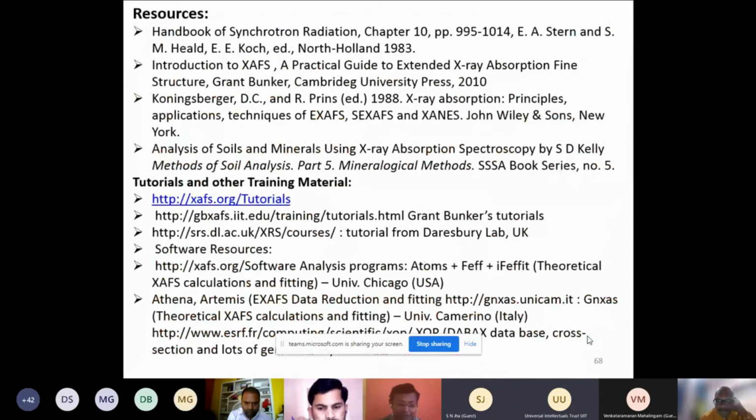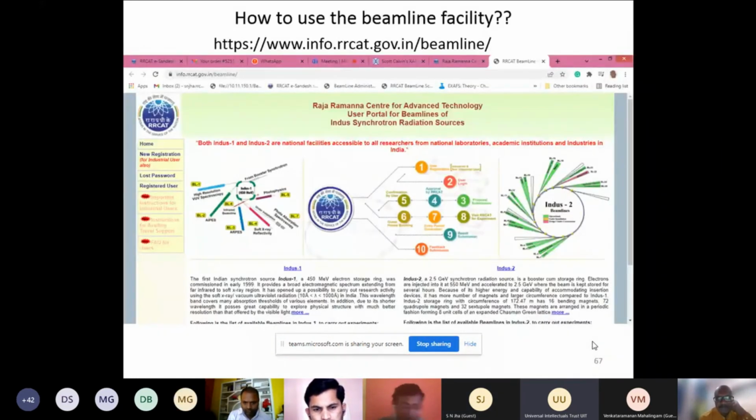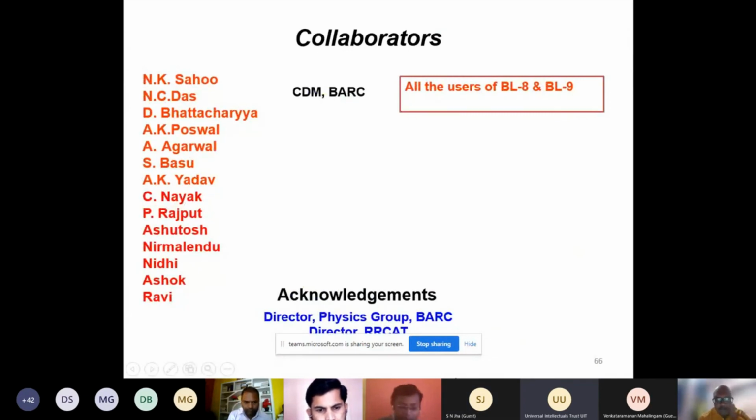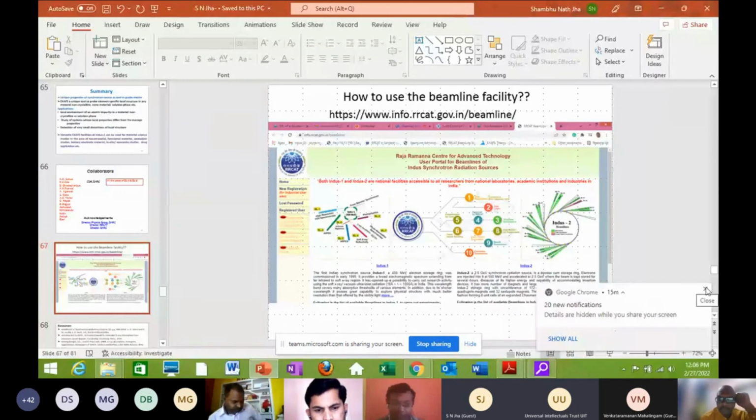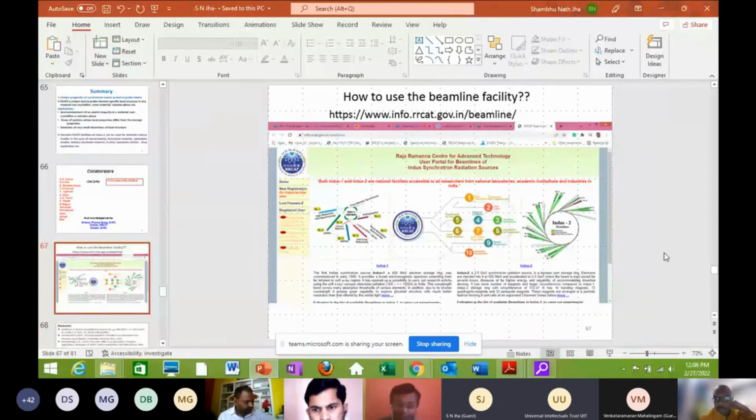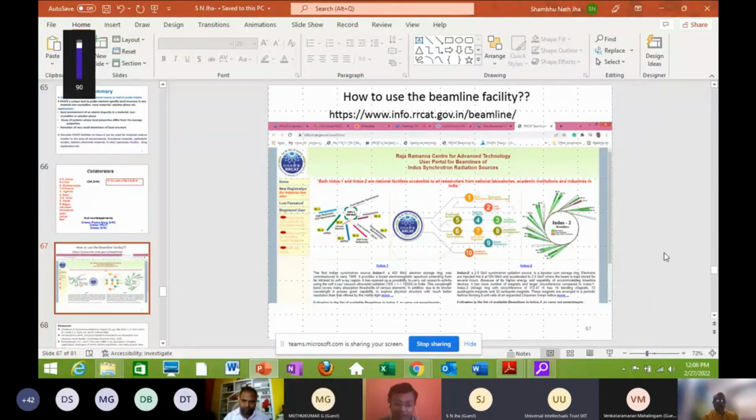Audience: When are we required to approach EXAFS instead of XPS? As you said, Indus has XPS, EXAFS, SAXS, right? So when we have to approach that, is it any resolution-based analysis or something else? Speaker: Can you repeat that last part? Audience: So we have one material. How do we choose that EXAFS will give a better result than XPS? Speaker: We have to apply it judiciously, in the sense that XPS is for normal